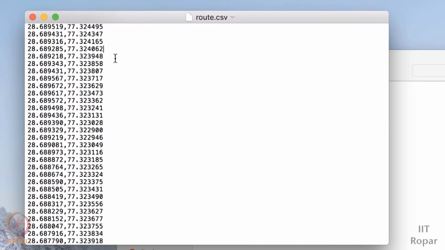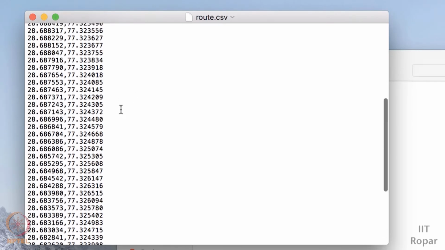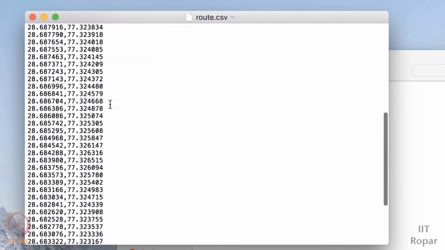So in the video you saw that there was a guy wandering around on his bicycle, and the manager put a GPS system in his bike so that he can see the routes where he is going, and whether he is delivering to the correct location or wandering off anywhere. So suppose he gets the information in this .csv file. These are the locations where the person went.